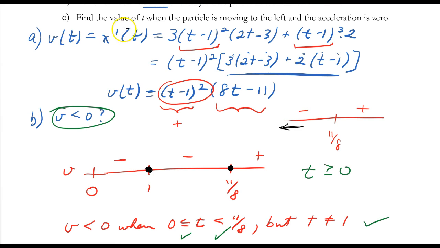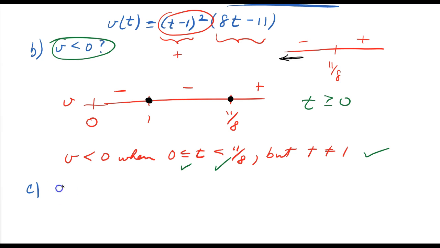So in part C, we're asked to find the value of the time when the particle is moving to the left, and that means the velocity will be negative, and when the acceleration is 0. So we're going to need to find the acceleration function and find out what times make it 0. Well, the acceleration,